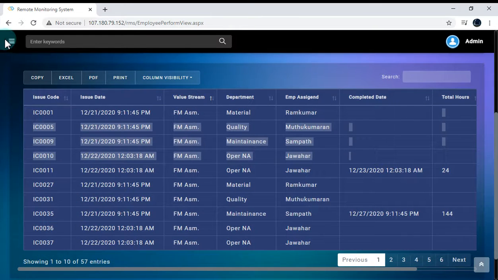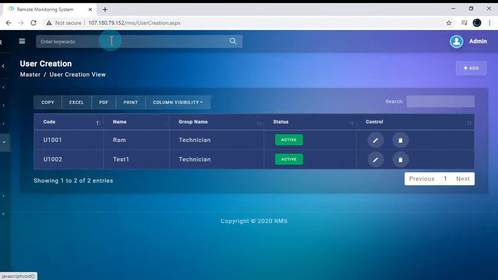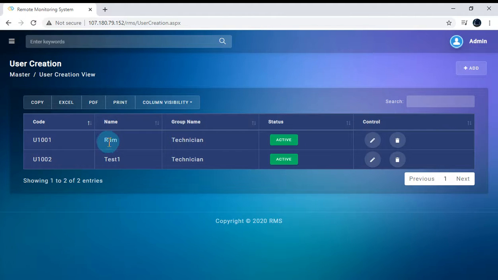Now let's move on to the administrator module, where you have the user creation, group creation, and change password. Here you will be creating the users who can access the application.